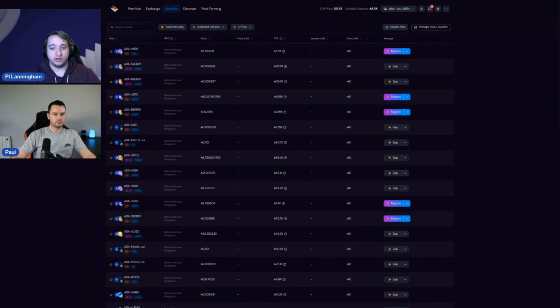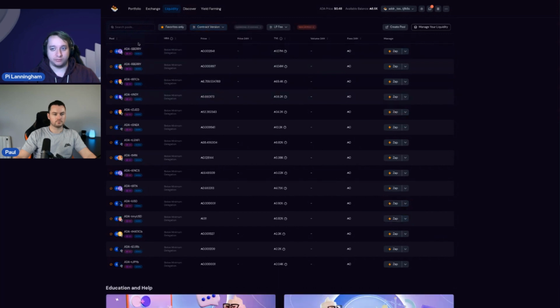If you browse this UI, you can see a mix of all of the different protocol versions, in case you want to swap against, like in this case, TND has a large amount of liquidity, so you might still want to trade against that V1 pool. You could also filter by which version, if ideologically you want to stick to V3 or whatever.